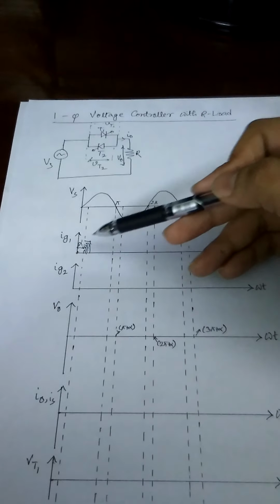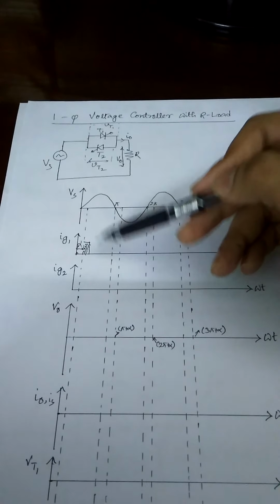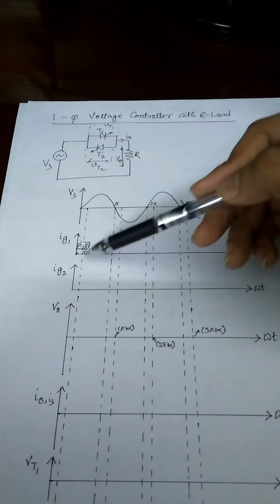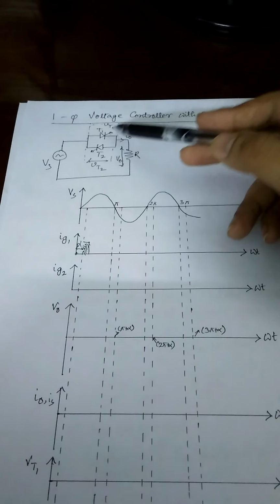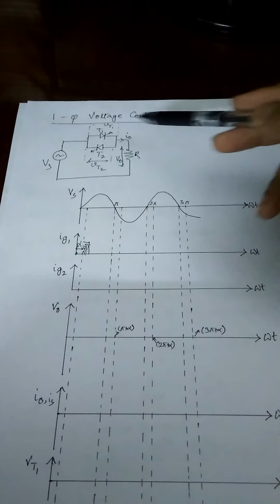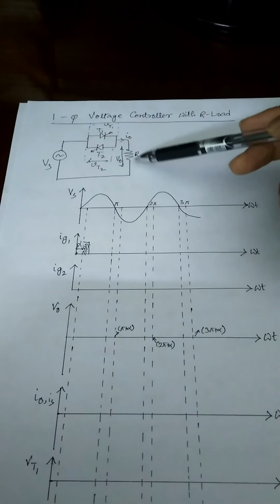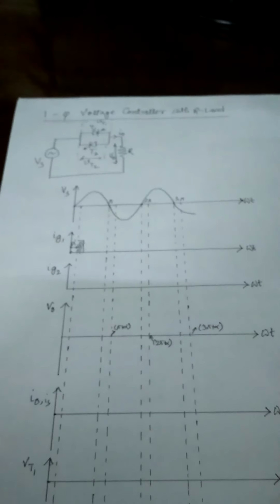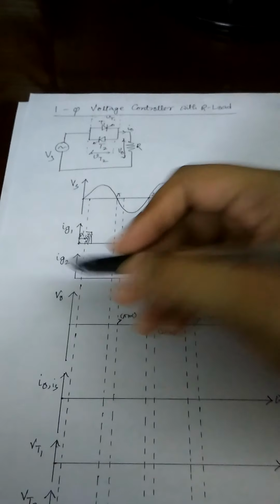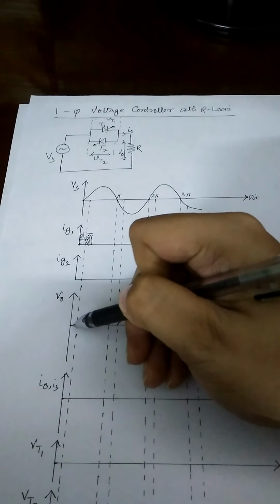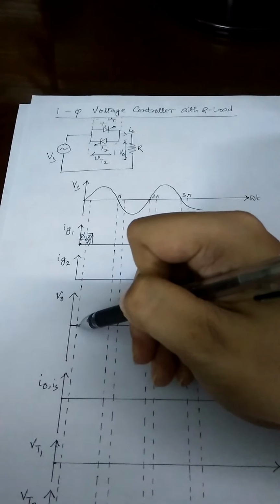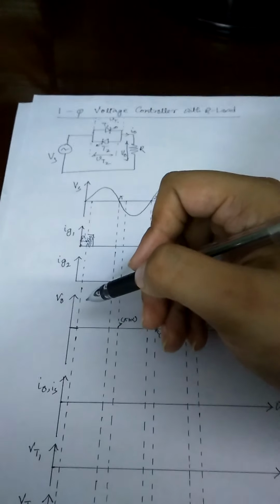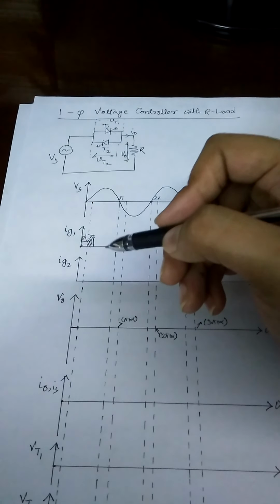So when this Ig1, that means this gate current, is applied at the alpha firing angle to this thyristor T1, that means this thyristor at this instant at alpha is now in conducting mode, that means the voltage is applied here in the resistive load part. So as it is applied, if we are considering the output voltage waveform, see what happens. Up to alpha there is no output voltage, as T1 is not in triggering condition. At alpha this is triggered, and that is converted into the conducting mode.